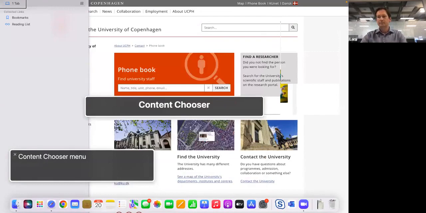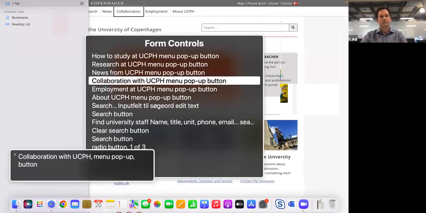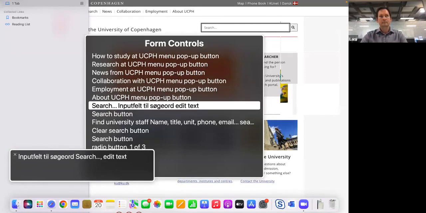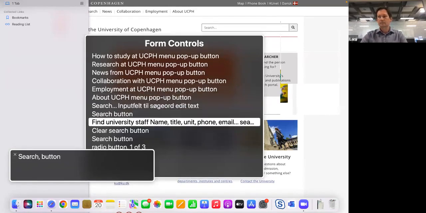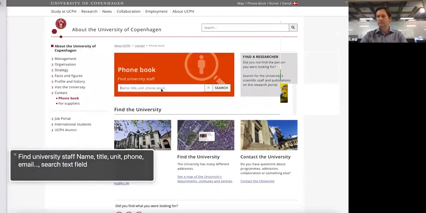Headings, links, content, windows, images, landmark, form, employ, about UCPH, employ, collaboration with search, but input felt till Sojauer search, about UCPH, find university staff name, title, find university in search tab,